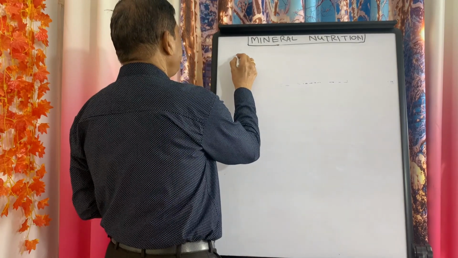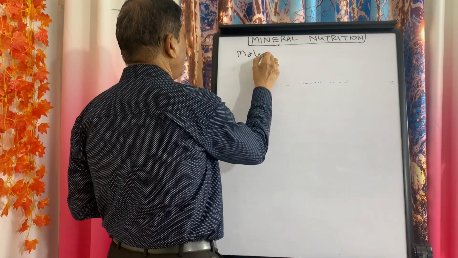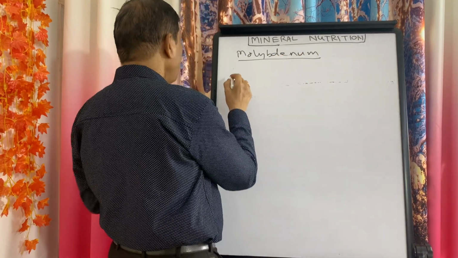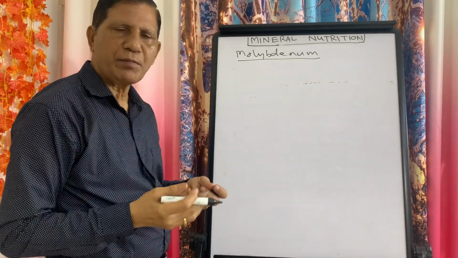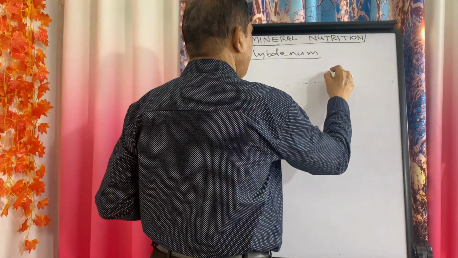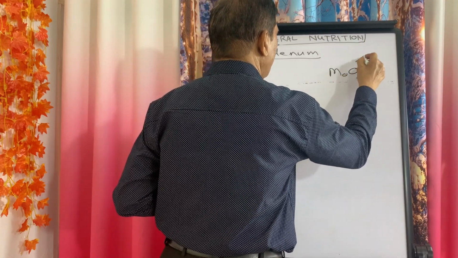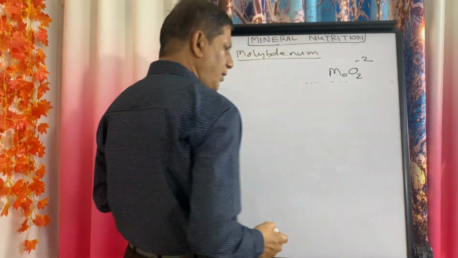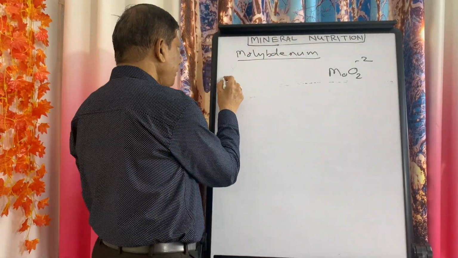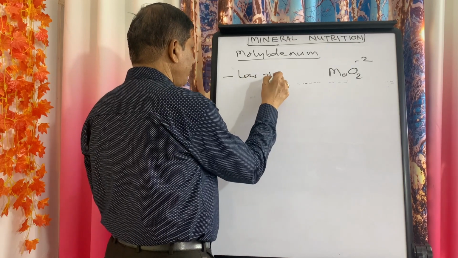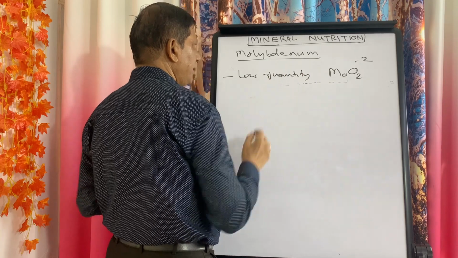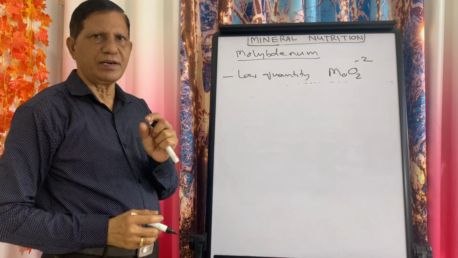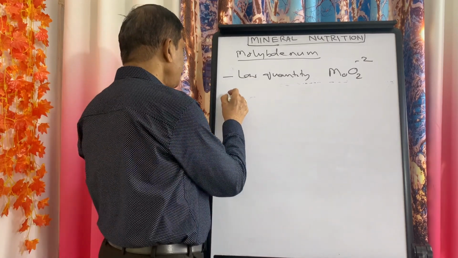So molybdenum. Usually molybdenum is absorbed from the soil in the form of molybdate ions. Usually it is absorbed in very low quantity, and its role is very limited. And one of the important roles is it takes part